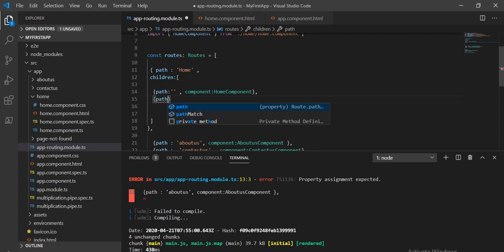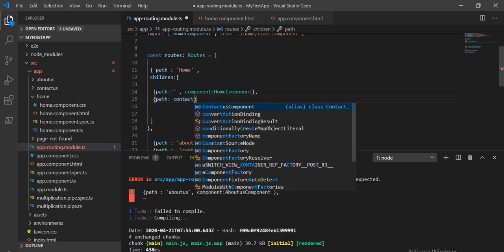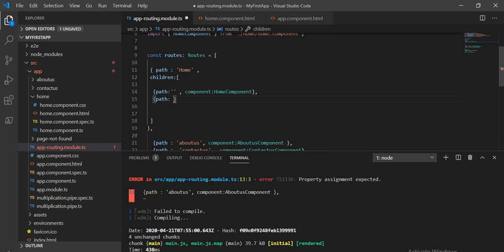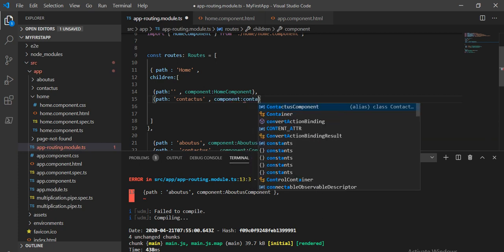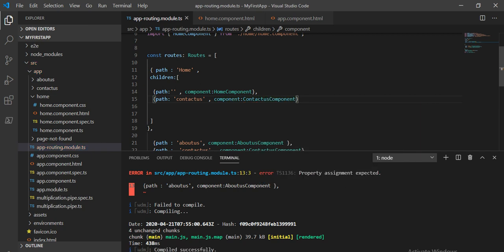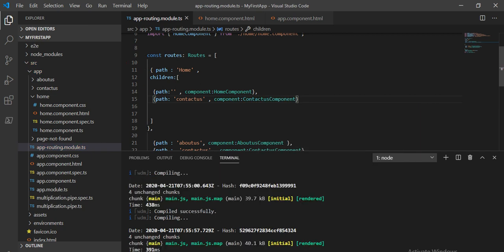So path, and in single quotes we give contact us, then the component name, so it will redirect to that contact us component. That is done from this routing module page.